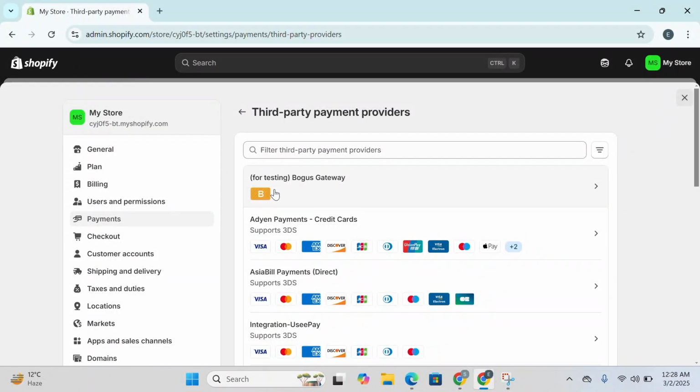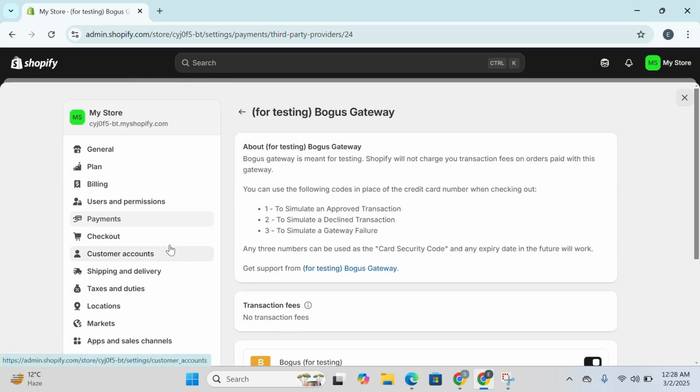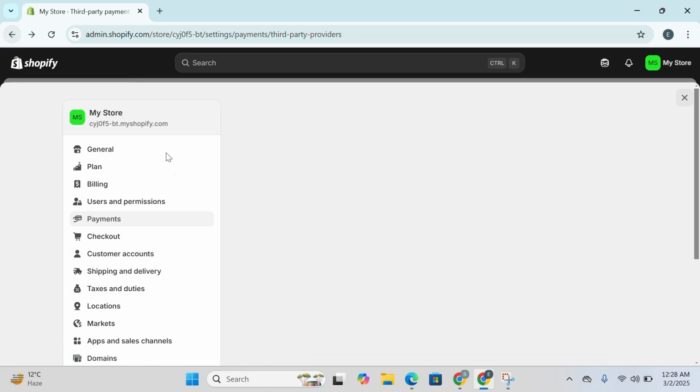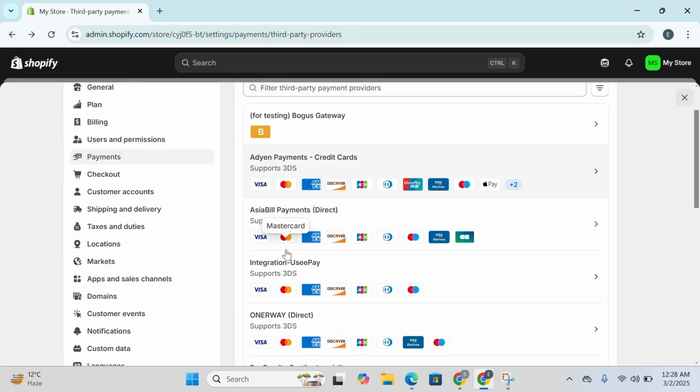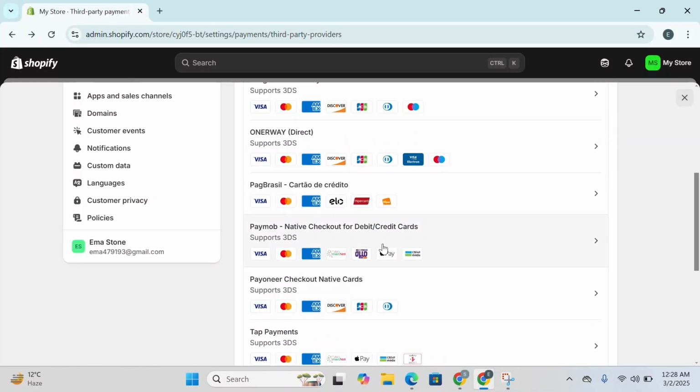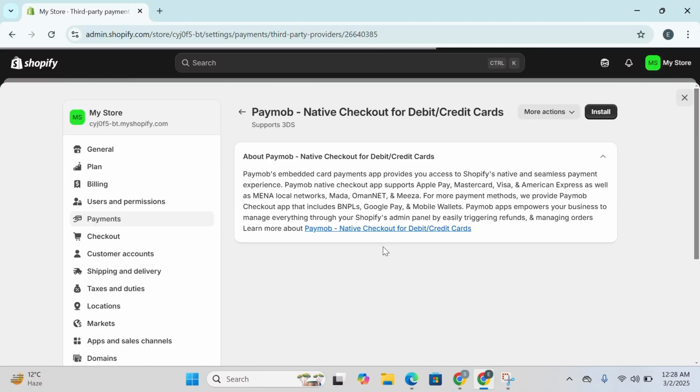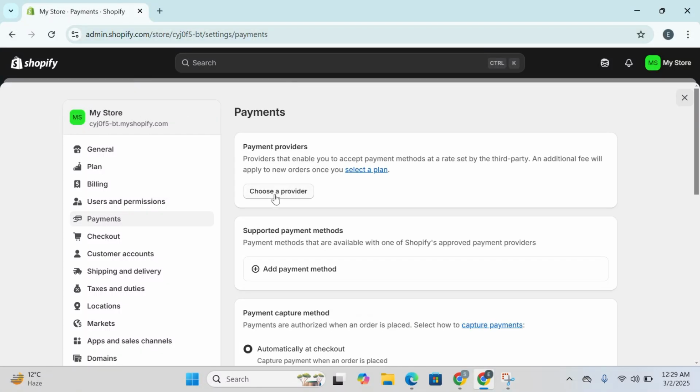Once you click on choose a provider, there is a beta for testing bogus gateway. If you wish to check that, you can simply click on it and check about the gateway. However, if you wish to add any other provider, you can simply click on it. For example, I'm going to click on this one, and then you can give it a read and about the debit cards of PayMob. Now, other thing is that you can simply go back and you need to download the